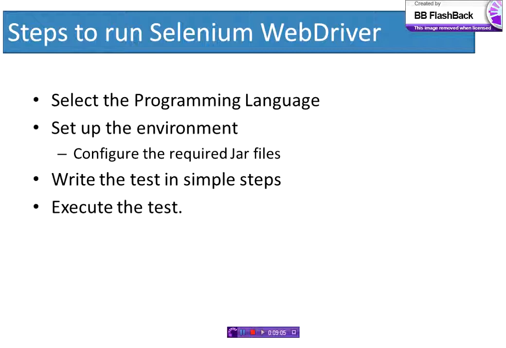So the first and foremost thing is to select the client language, and next we have to set up the environment. We have to do a bit of configuration, like adding the jar files and the required environment files to the programming language. Right now Java plus Selenium WebDriver is the most advantageous and most booming combination. So let us take Java as our client language. Configuring the required jar files is a very simple thing, and once it is done, your environment is ready and you can start executing the test cases. I mean, the web automation is ready to go.